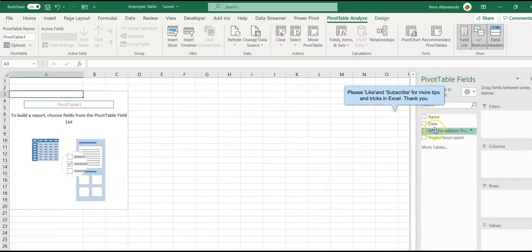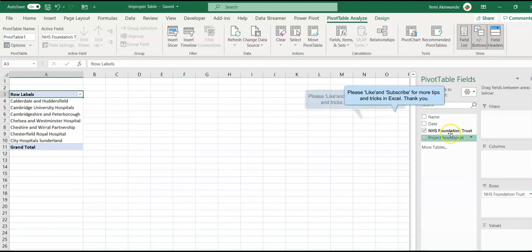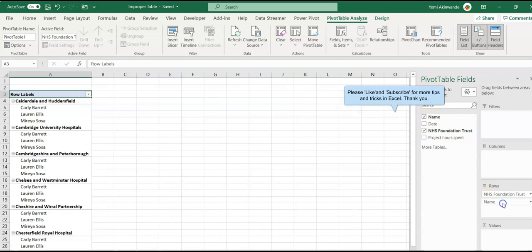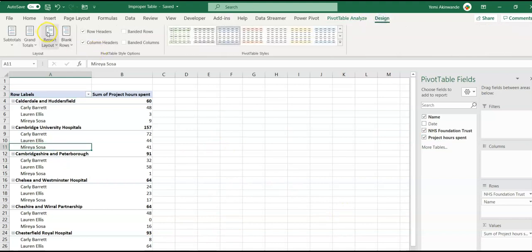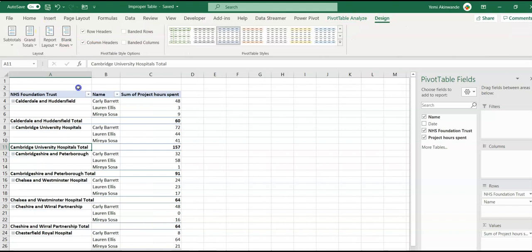And we want to summarize by NHS Foundation Trust, maybe the name, and the project hours spent. We can do this better as a tabular view. Okay, so this is the amount of time spent for each client.